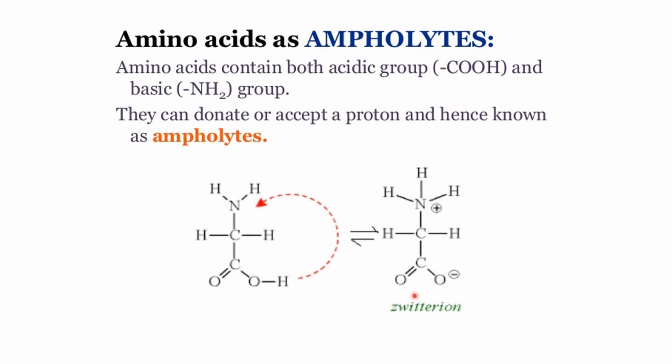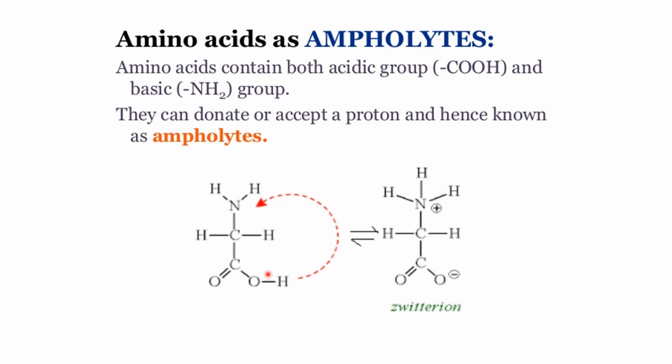Now this form, you can see over here, this form of the amino acid is the Zwitter ionic form. The reason is there is the presence of both positively charged as well as negatively charged species. In this Zwitter ionic form of amino acid, the positively charged species is nothing but NH3+, and the negatively charged species is nothing but C double bond O minus. So the one in which you have both plus and minus is a Zwitter ionic form. Okay, it's a Zwitter ionic form.